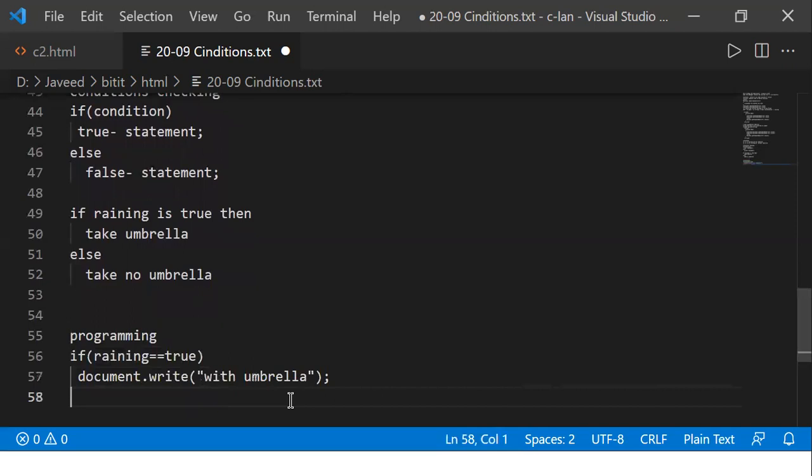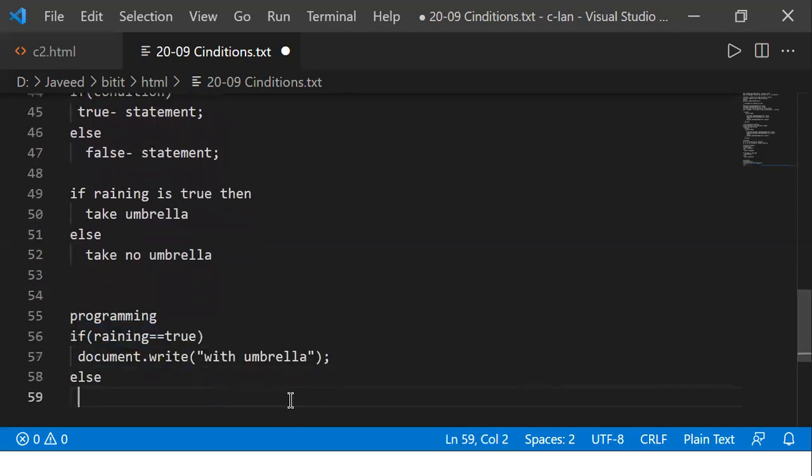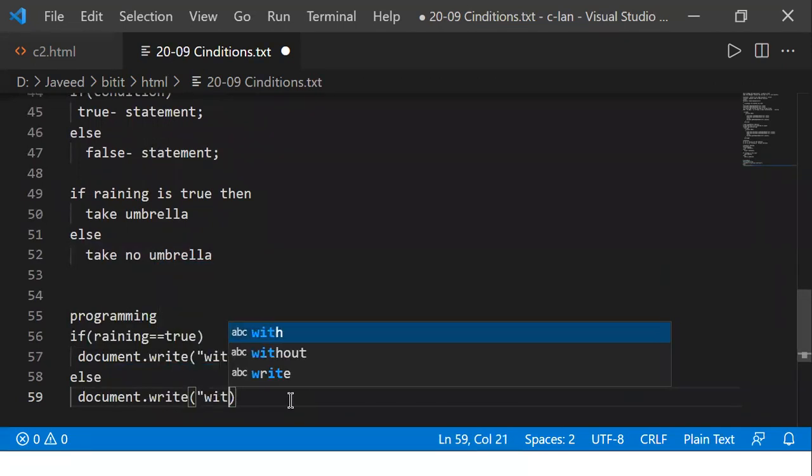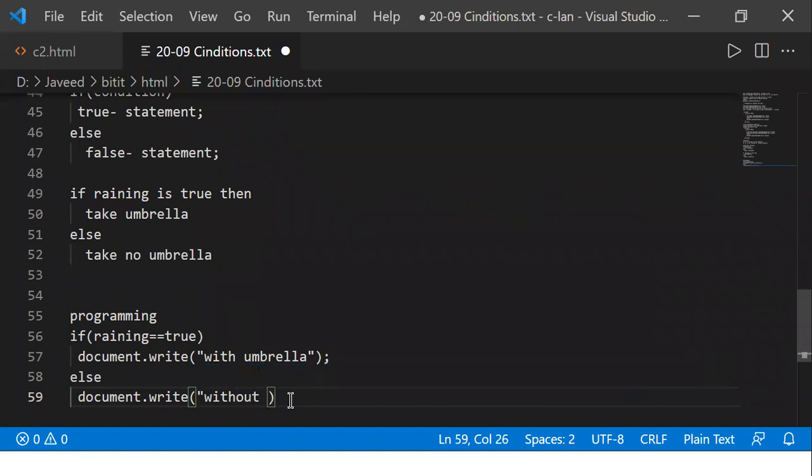Else, document.write, without umbrella. Something like that. That's how you write the programming.